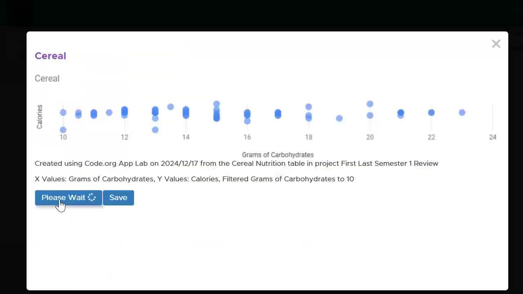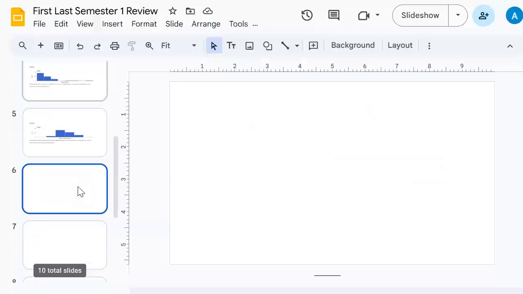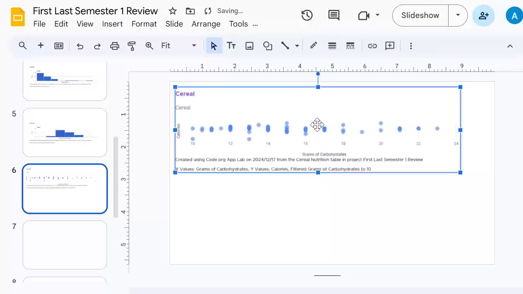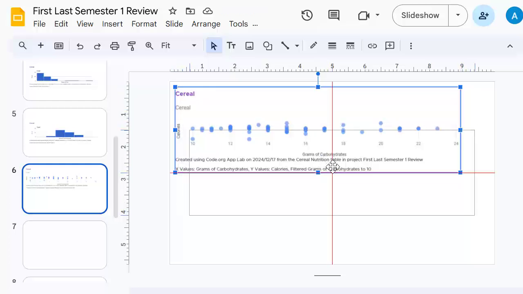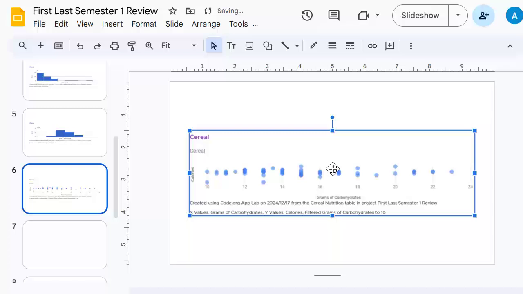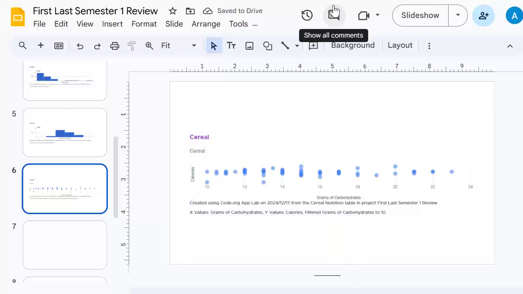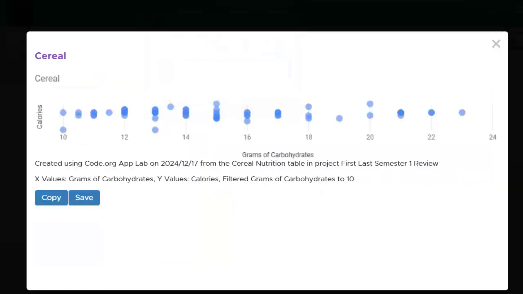Let's copy that and switch to our slideshow. Go to slide 6. Click on the center of the slide. Control V to paste. Grab it and center it to the middle. Try to find the red X mark or the crosshairs coming up. How about we do, let's go back to our data, close our